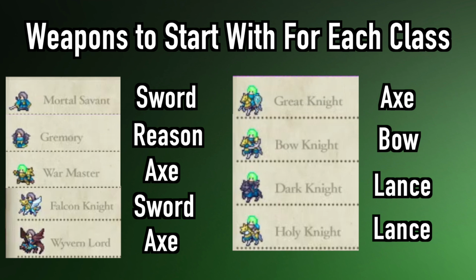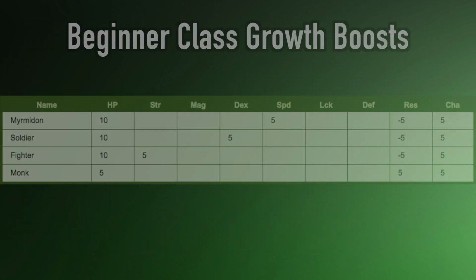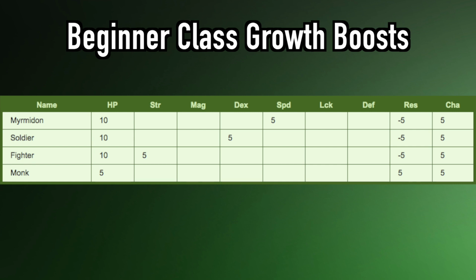Now, you might be wondering, if all the beginner classes will basically be the same, then does it really matter which one I go into for those 5 levels? Well, in the grand scheme of things, not really. But each individual class has growth boosts that stack on top of your unit's base growths. Myrmidon gets speed, Soldier gets dex, Fighter gets strength, and Monk gets res? In all honesty, these classes might get a small boost on weapon leveling points, but Monk and Soldier hardly feel worth it for the 5 levels to forego the potential boost in strength or speed. So I'd recommend all classes go those 2 to start with. But it is only 5%, and that